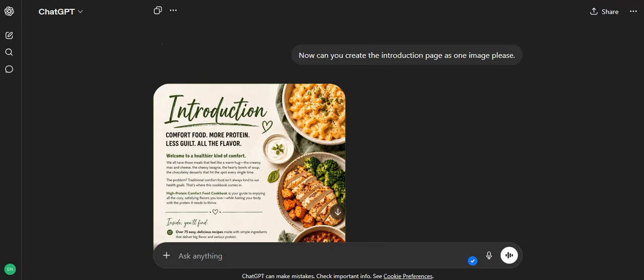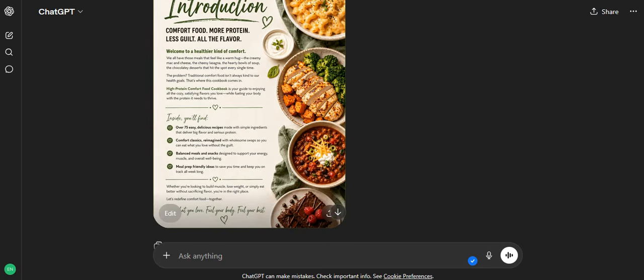So I put, now can you create the introduction page as one image, please? So this is the introduction page here. ChatGPT has just been updated with its image, so it can create really good images now with writing. So you used to do all this in Canva, but now you can do this in ChatGPT. So there's the introduction page,